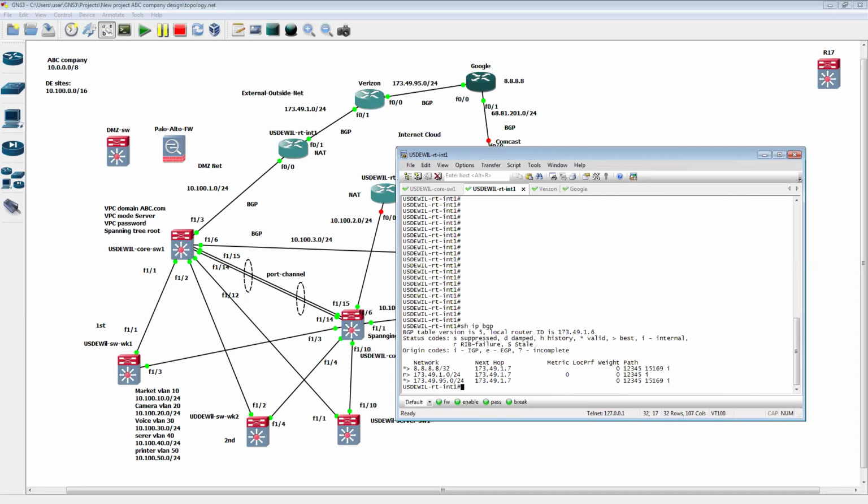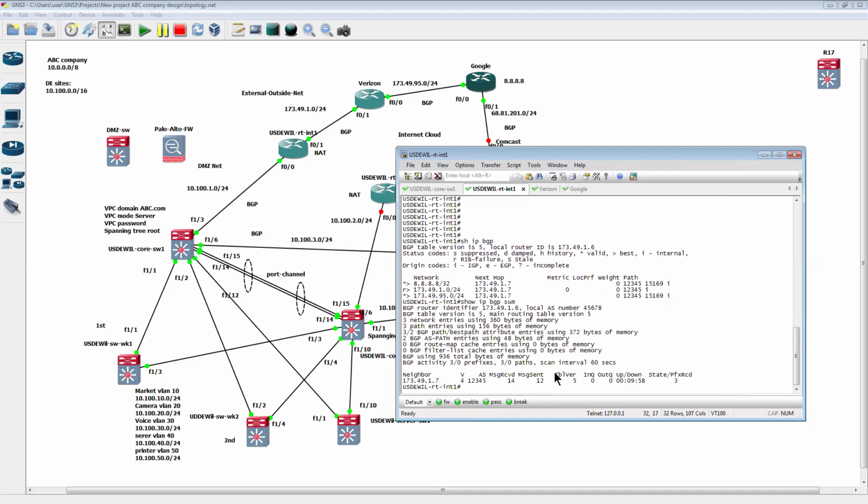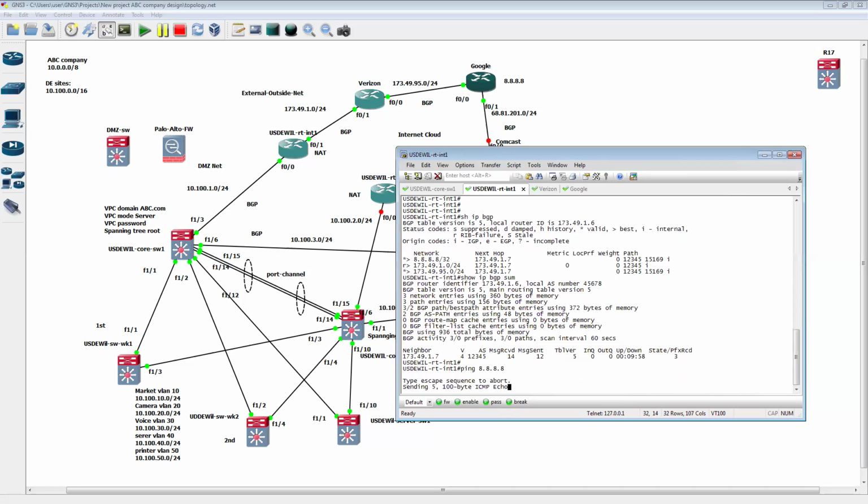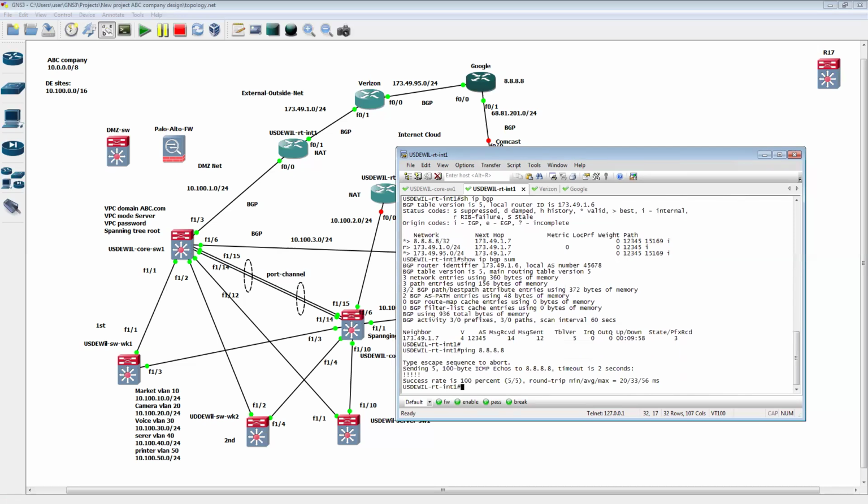You can just verify again, show IP BGP summary. You see, you got it? Yeah, and then we can do a quick check here. We can ping 8.8.8.8. Okay, right? So now in this case, for example,